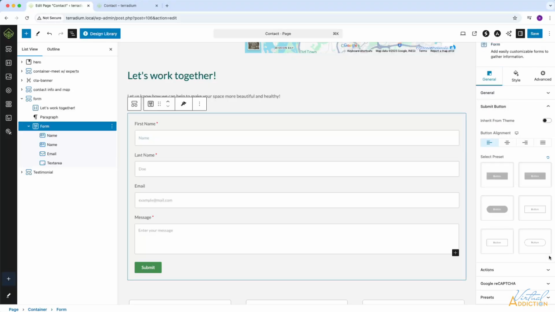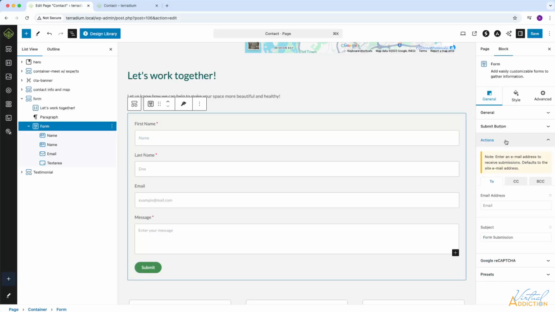The next option that we have is our submit button. So you have different styles of the submit button. I'm going to make mine more rounded, and then you can choose how you want the button to be aligned. I'll leave mine on the left. Under the action area is where you can specify where you want the results of the form to be sent. So you'll want to go ahead and add your email address, and you can go ahead and add a custom